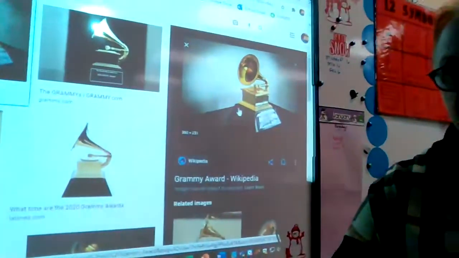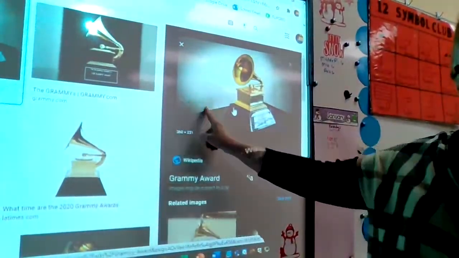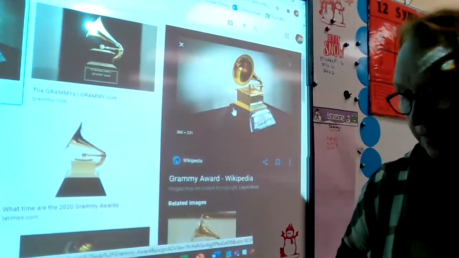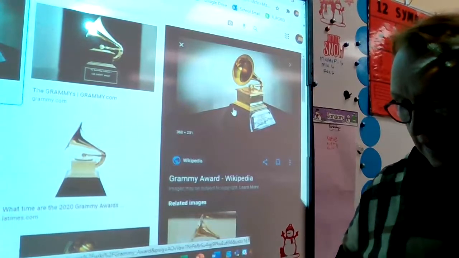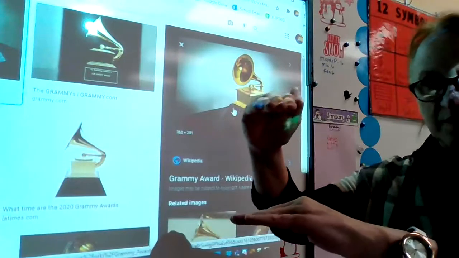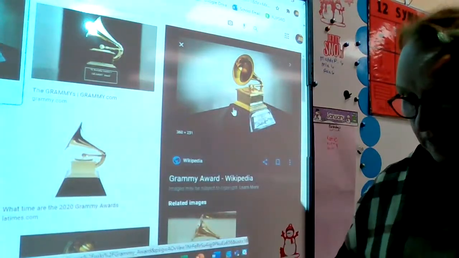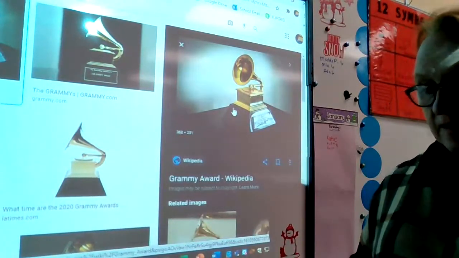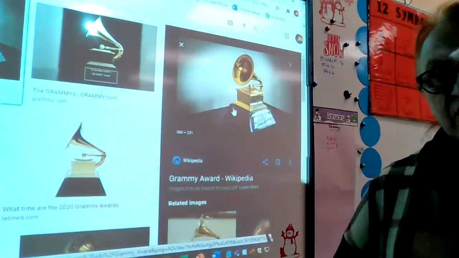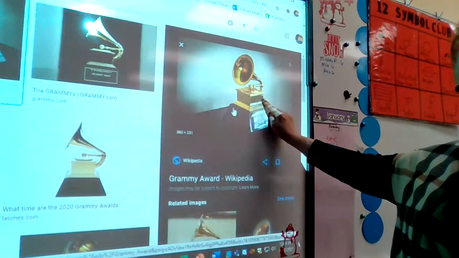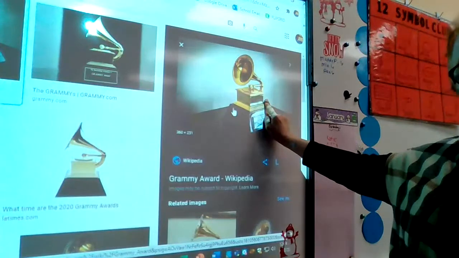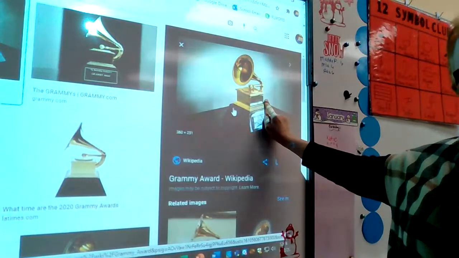So that's your job for this week. These are the Grammy Awards. There's a picture right here. And the article, again, if you're 7th and 8th grade and you don't remember, these are little tiny miniatures. They're really not that big. You could hold them in your hand, but that's the trophy that you get if you win a Grammy. And they're little miniature replicas of gramophones, which once upon a time, before we had CD players and before you had iPods and before you had CDs and even 8-tracks and cassettes and things like that,